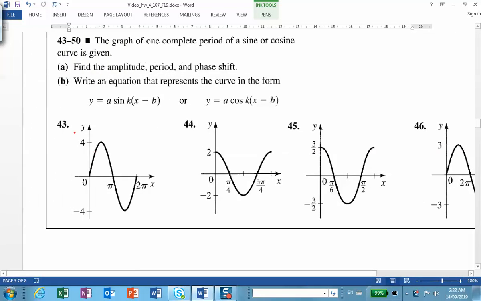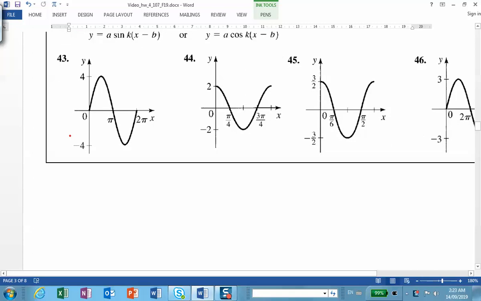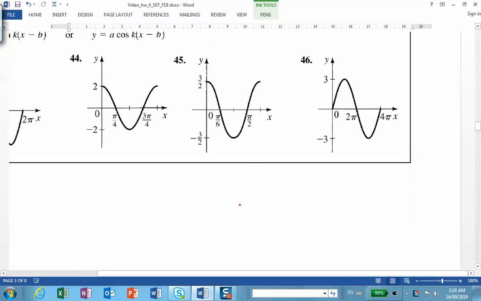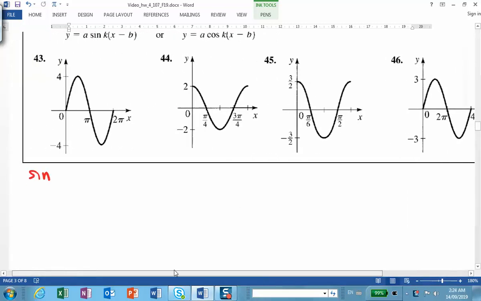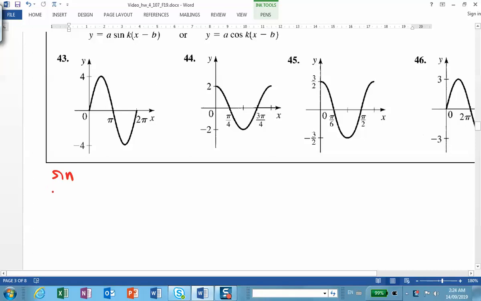43. All right, first of all, it's obvious that it's a sine. Okay, and it's obvious that the amplitude is 4, sorry, not 1. Look, it varies between 4 and -4. Now, if you look at the period, it is 2 pi,